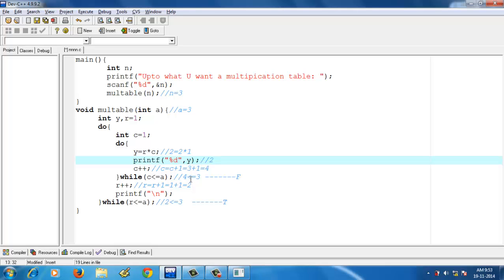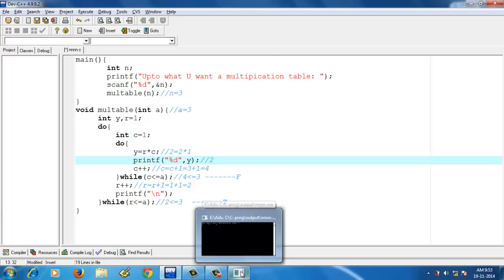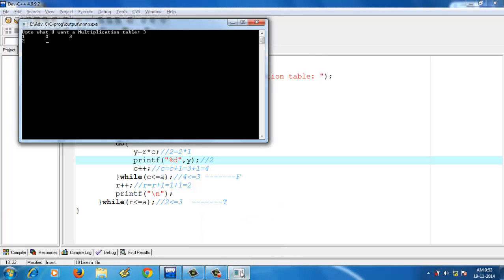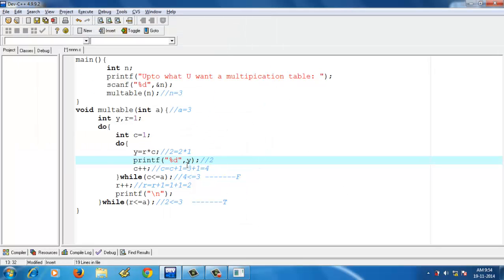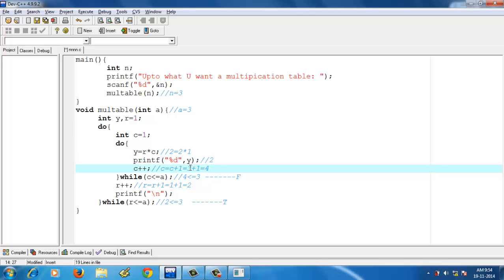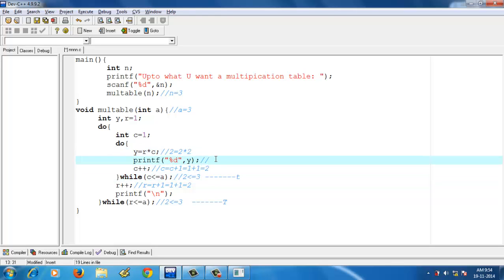variable as 2. Then again the c value is incremented, and in this way the loop goes on up to the limit 3, means 2 2s are 4. How does it become 4? Means the printf function prints 2, then with c plus plus, c becomes 1 and it becomes 2. It checks whether 2 is less than or equal to 3, then the condition is true. Again it goes to the loop, then c value is 2, 2 2s are 4, 4.